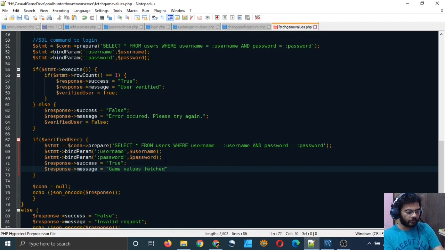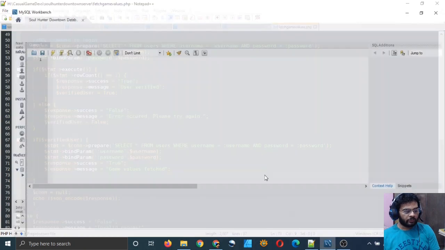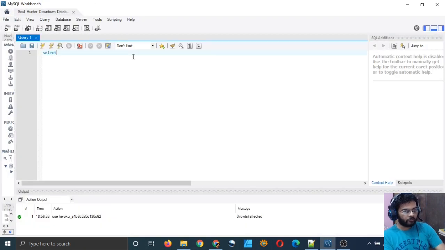It can be a good message, but this will be a good message for the programmer and not the user. But anyway, we will not show them this message, we will just show them the values which we have fetched. And now let me show you what values we are going to be fetching.